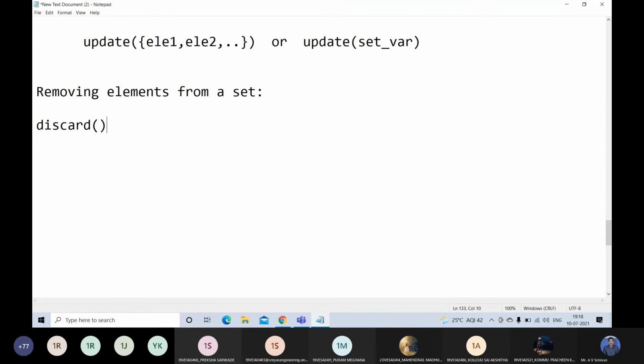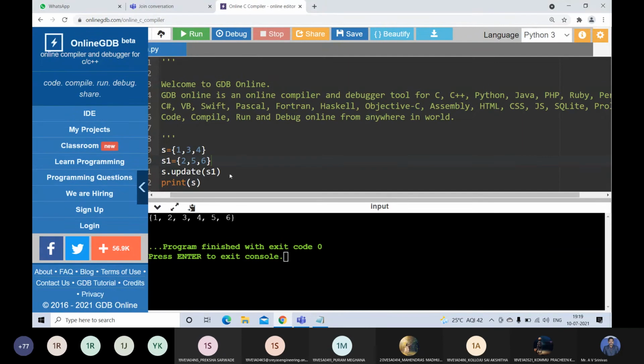Removing a particular element from the set, we are going to use the discard method. You can write discard of element. Then that particular element will be deleted or removed from the set. See here, here we have 1, 2, 3, 4, 5, 6.